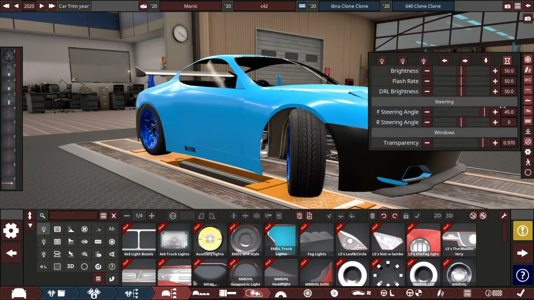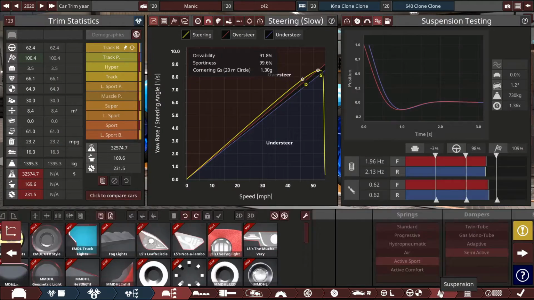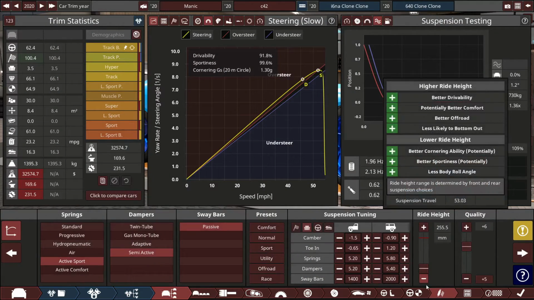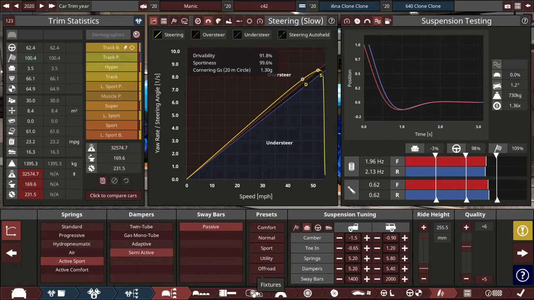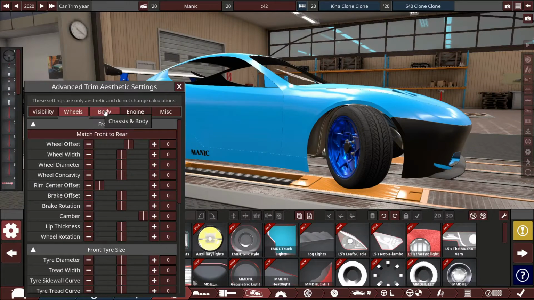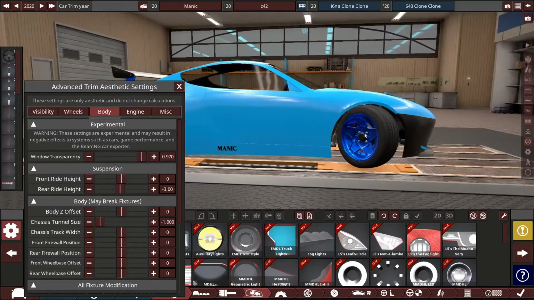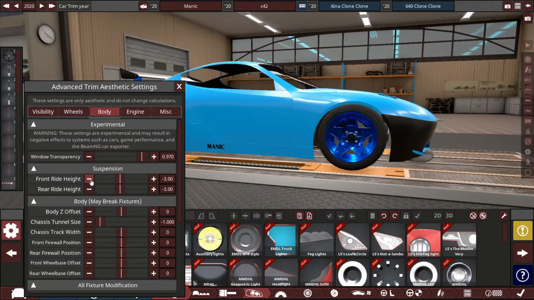We've got a bit more lower we can go. There's definitely a bit of a gap if we wanted to drop the stance of this car. Oh, we can't go lower there, but we can go lower in these settings. If we go to advanced trim, we can actually go to our body height, and the rear height's already dropped apparently by 3, a bit random. And now the front one's dropped by 3,